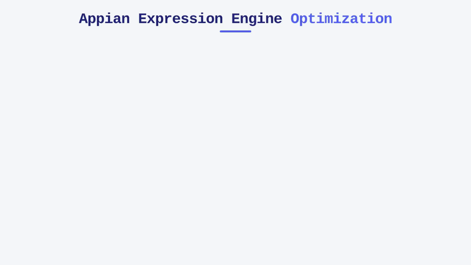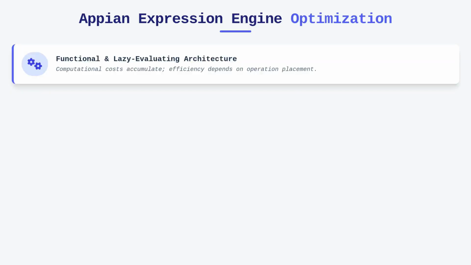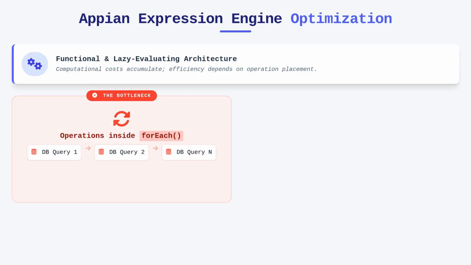When we talk about the Appian expression engine, it is crucial to recognize that it is a functional, lazy evaluating architecture. Every function call carries a computational cost that, while often negligible in isolation, can become significant when amplified within loops or large datasets. Developers frequently make the mistake of performing expensive operations, like querying the database or manipulating complex structures inside